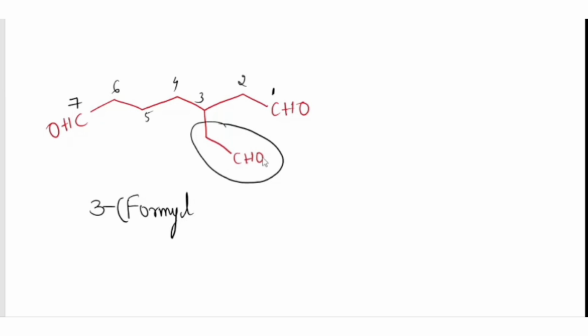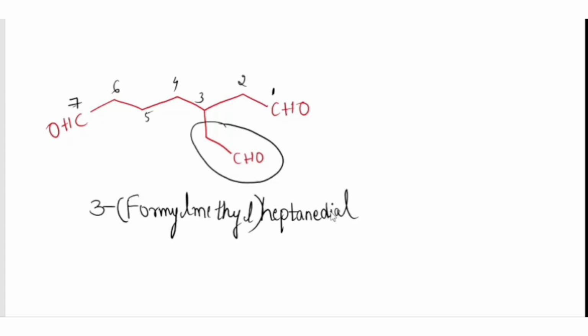This is methyl, formyl methyl. We have to close this bracket, and here what is the root word for 7 carbon atoms? It is hept. Without space and hyphen, I have to write it as hept. Between carbon and carbon there is a single bond, that's why heptane. There is no elision of e over here. Heptane